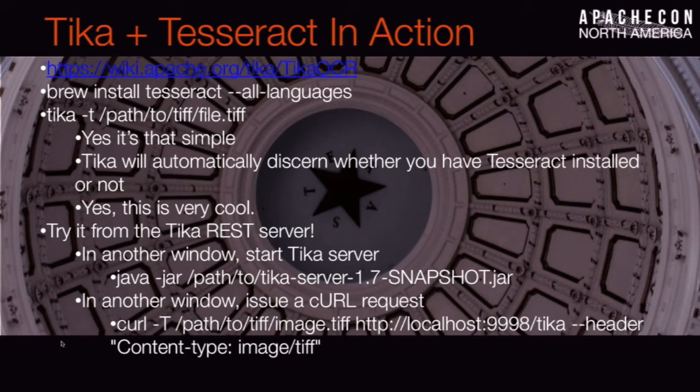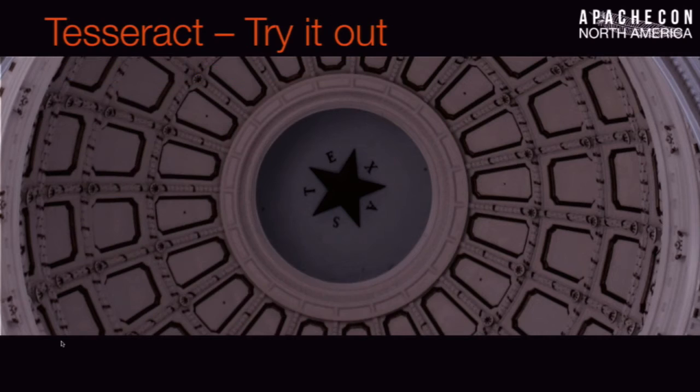It will natively pick up that Tesseract is installed, on your path, and it'll pull the text out of the images. You can also do it from a REST server, so we basically built a way to expose Tesseract via REST from Tika. We can stand up a REST service, a web service, which Tika comes with. Like I said, if Tesseract is installed, you suddenly have something you can expose on any host, that you can post images to and get the text back from anywhere. It's basically that simple. So I'll try it out.